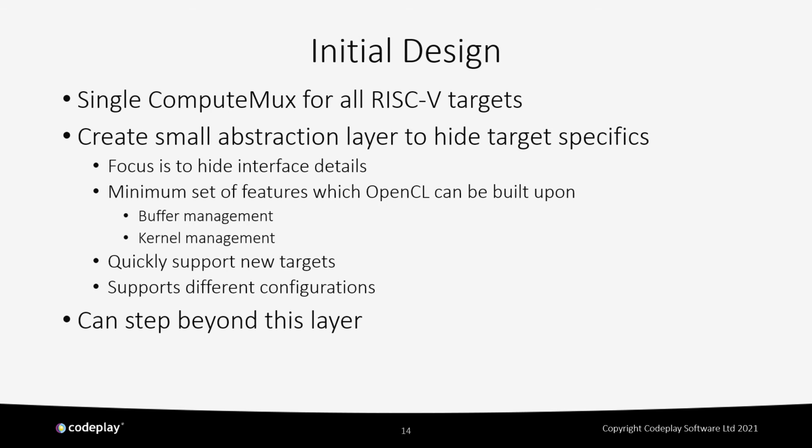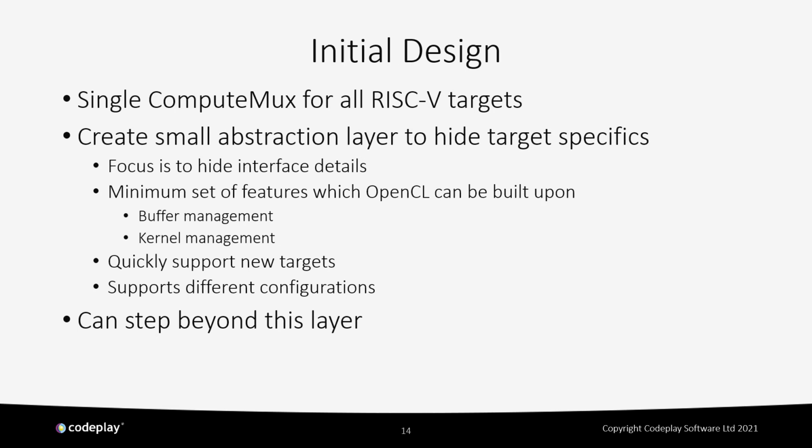We also want to make it as simple as possible to support different configurations. So a different number of cores, different extensions, and different memory layouts. And so while this abstraction layer is simple, which is good for turnaround time of bringing up a new target, in some situations this also could be a limitation and a hazard to achieving good performance. So we also want to make sure that it is optional, and once a certain maturity is reached, you can step beyond it and start tuning for performance and taking advantage of the ComputeMux abstraction layer, which is much more